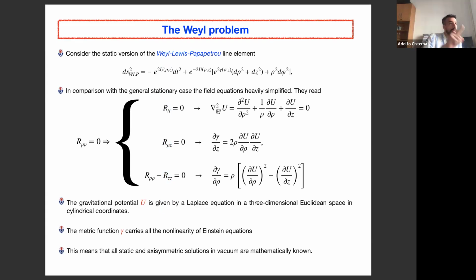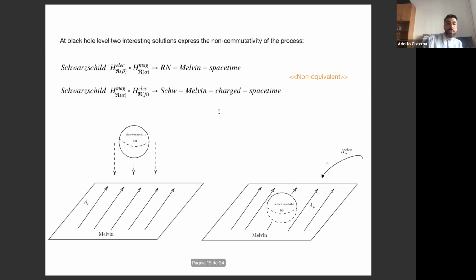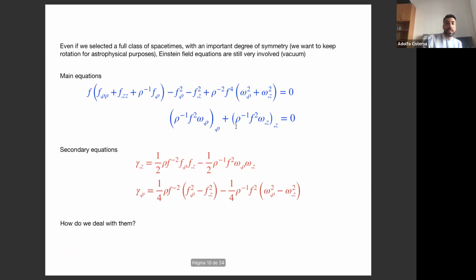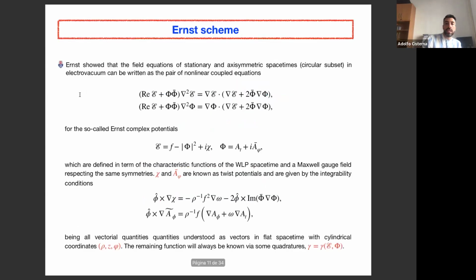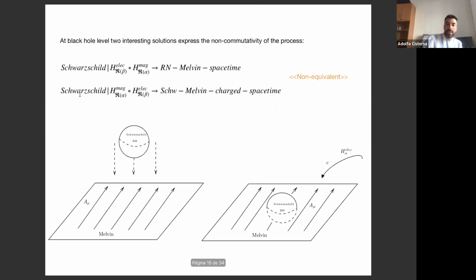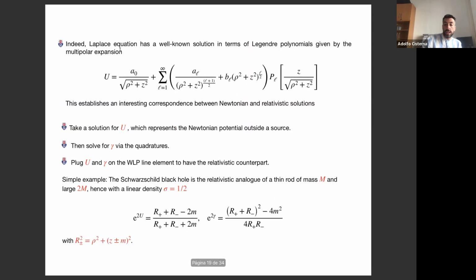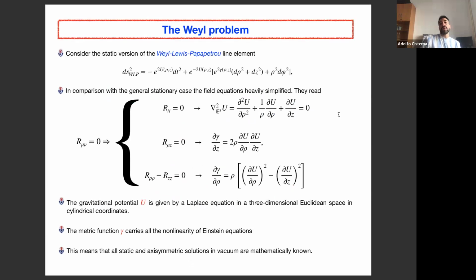This didn't happen in the rotating case, because if you allow me to go back in these equations, where f should be exponential of 2u, if I have rotation, this doesn't happen. If I kill rotation here, and I change to the gauge I showed you before in this metric with exponential, this will reduce to the Laplace equation in a Euclidean three-dimensional space in cylindrical coordinates. But this doesn't happen when you have rotation, okay? So when you are in the static case, the integrability is much higher, and you can see that the Newtonian potential u immediately reduces to the Laplace equation.